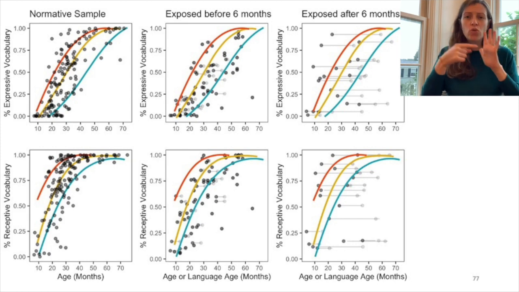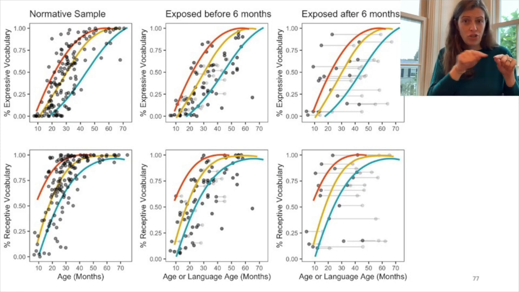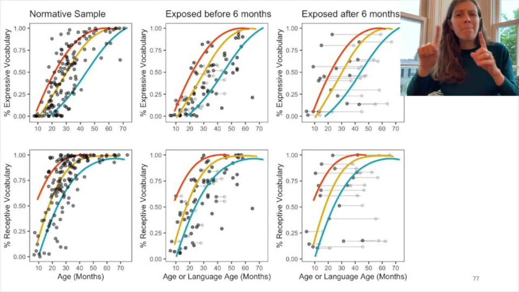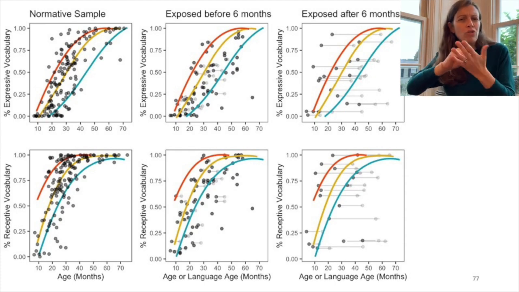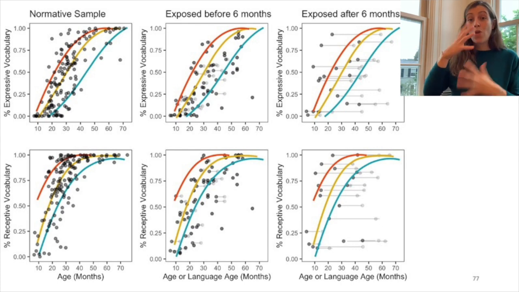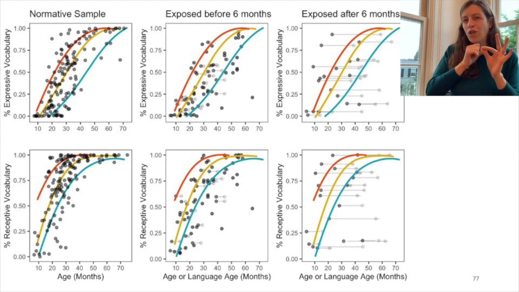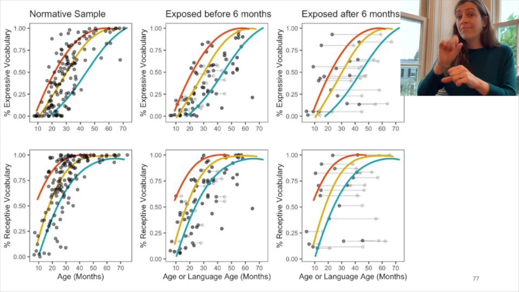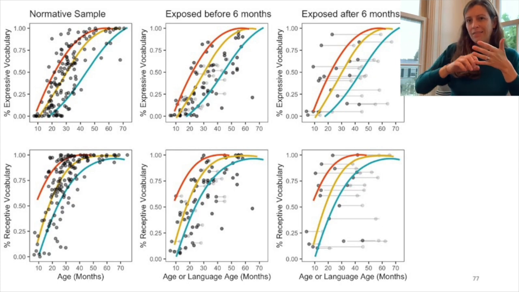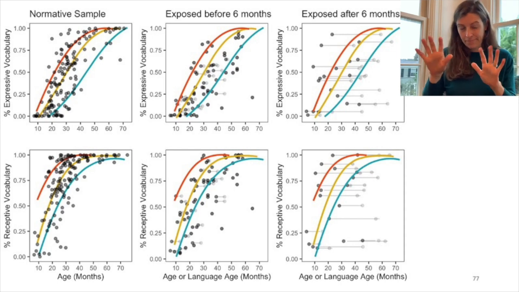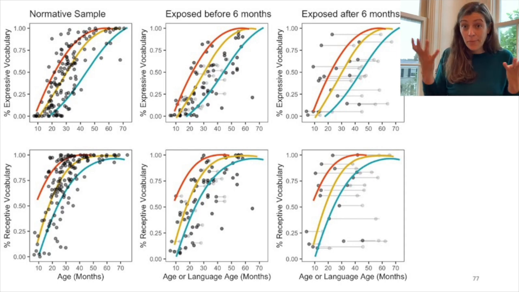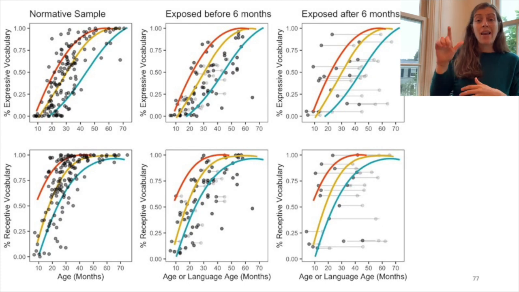The dark gray, the light gray dots are the chronological age. We felt that it was important to be able to see if a child, for example, is 4 but only started signing a couple of months ago. We want to know not only how many signs they know for their chronological age, but how many signs they know for the amount of time that they've been learning ASL. So we took their chronological age and subtracted out the age at which they began learning ASL to calculate the language age. The results,